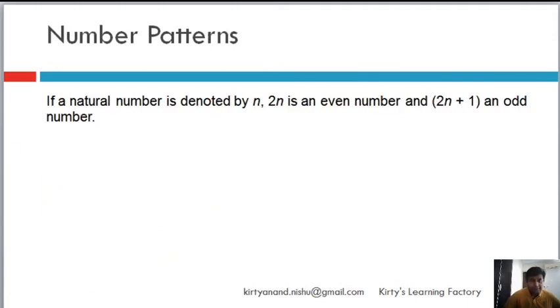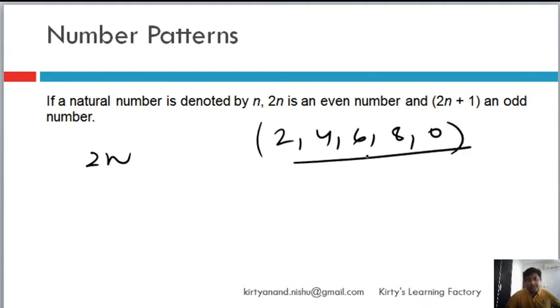Now these are number patterns. So we already had discussed it. Algebra gives us the benefit of expressing number patterns. So for example, any even number, it can be expressed as 2n. We have already discussed it. Because what are even numbers? 2, 4, 6, 8, 0, any number that ends in these numbers,